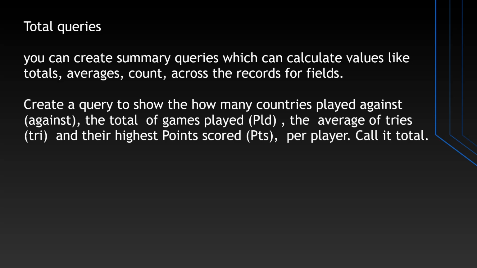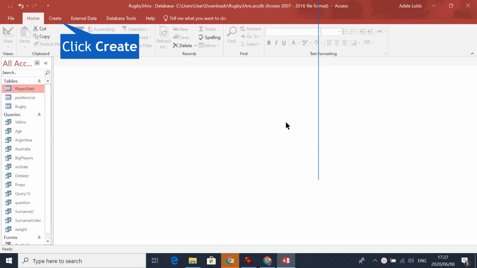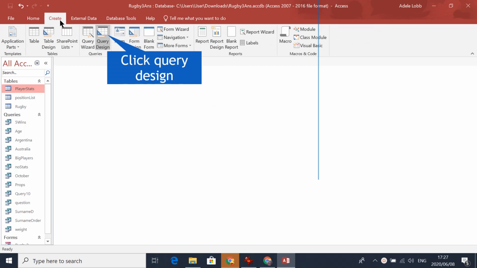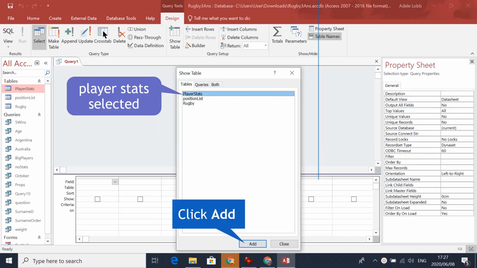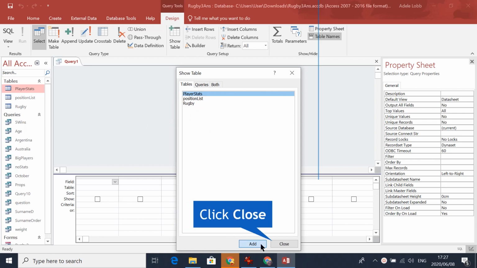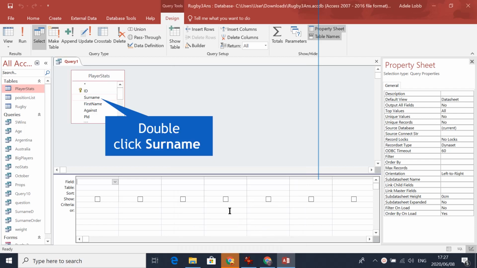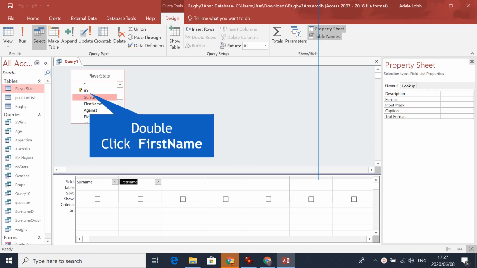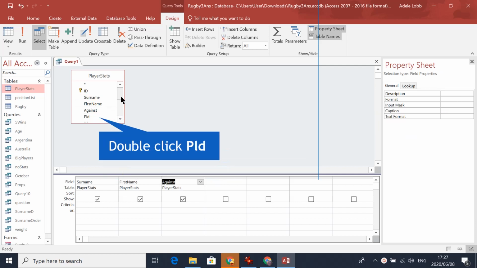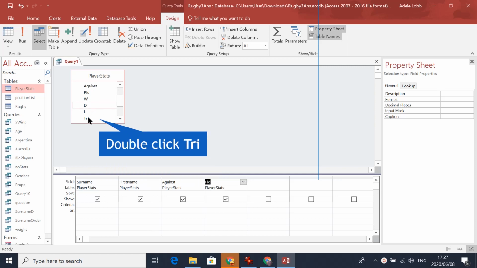You can create summary queries which can calculate values like totals, averages, count, across the records for fields. Create a query to show how many countries played against, the total of games played, the average of tries and their highest points scored, per player. Call it total. Click Create. Click Query Design. Player stats must be selected, then click Add. Click Close. Add the fields that are required: surname, first name, against, PLD. Double-click Try,